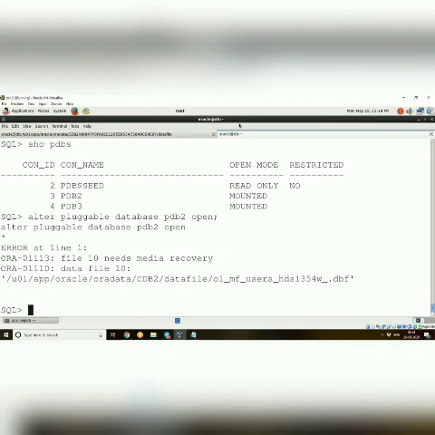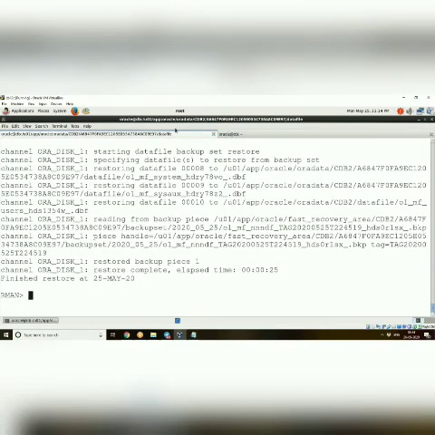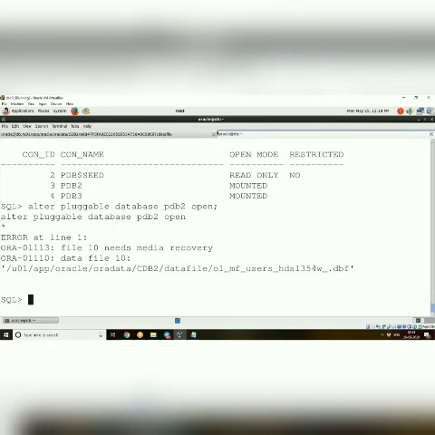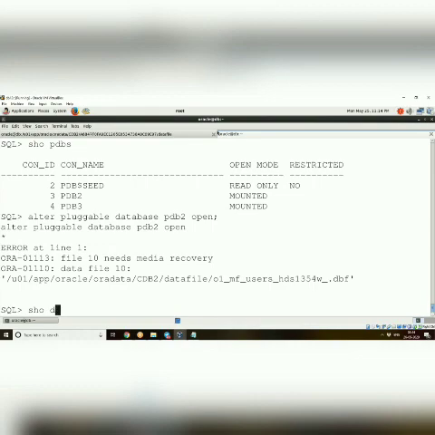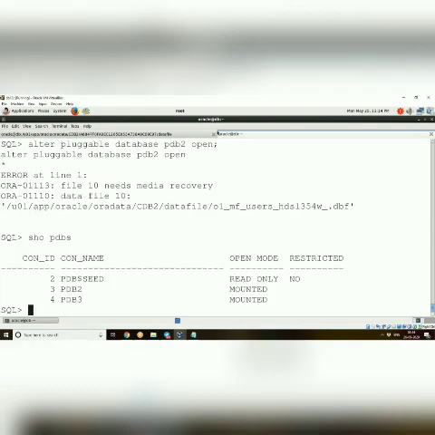So recover pluggable database PDB2. Okay, so now I should be able to open. PDB2 open.